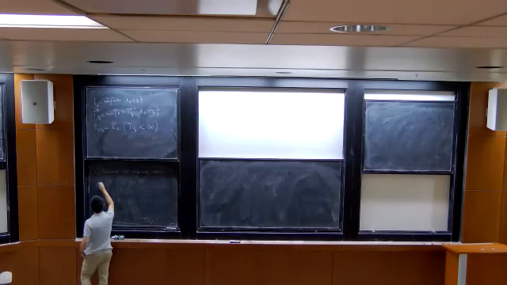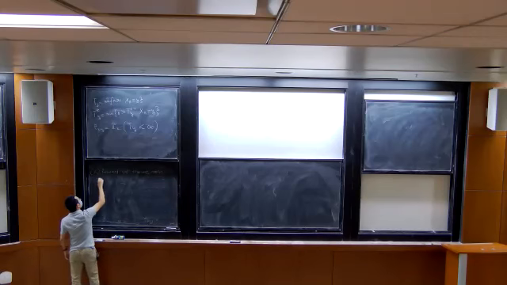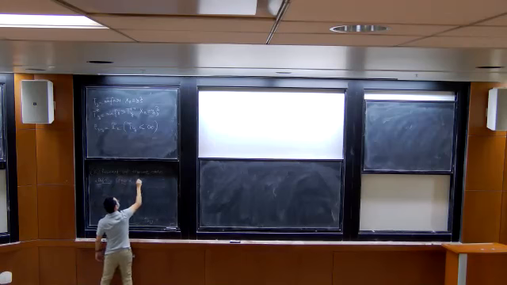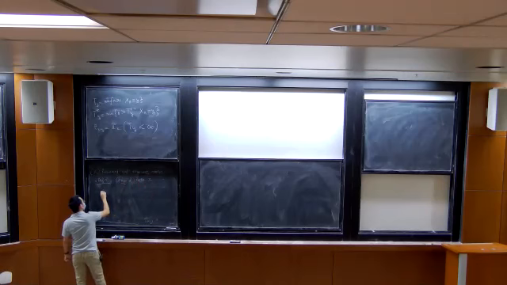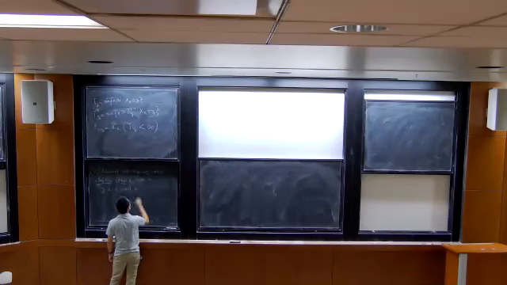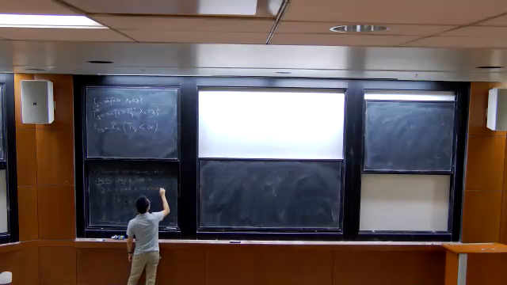Let me start off with the definition. Given a state x, part 1: x is called a recurrent state if